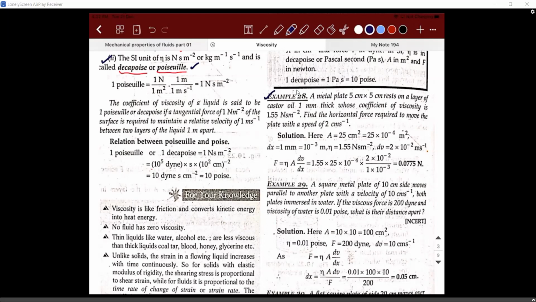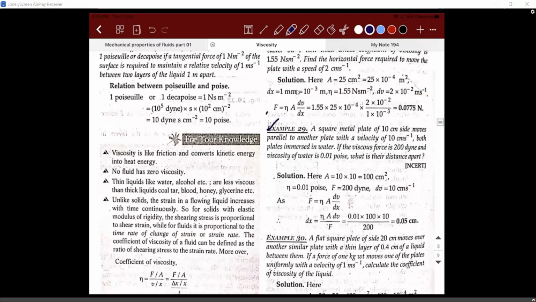Millimeter, you didn't convert. Divided by 10 power minus 3. So please check your calculation. Now it is right, 7.75 to 10 power minus 2. That's right. So I hope everyone is clear, right? I want to move on to the next one.